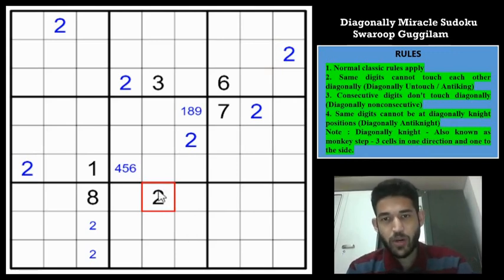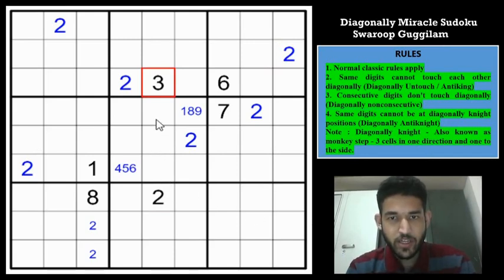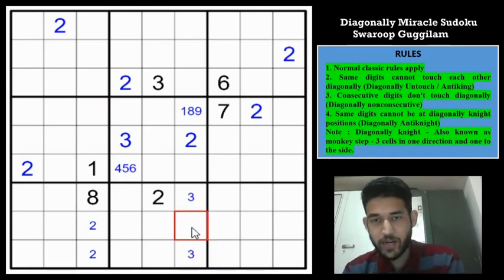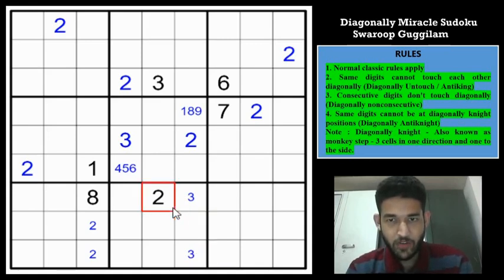grid. So now let us maybe look at the 3 and try to see if we can propagate 3 through the grid. So 3 can't be in these cells diagonally touching, and 3 can't be in any of these 3 cells because of the monkey step away. So which means that 3 has only one cell in box 5. So 3 has to go here, and 3 must be in any of these 3 cells. But this 3 is diagonally consecutive to this 3, so 3 can't be here. Of course, we can't eliminate 3 from here because the rules only state that consecutive digits can't touch each other diagonally. They can be orthogonally adjacent.